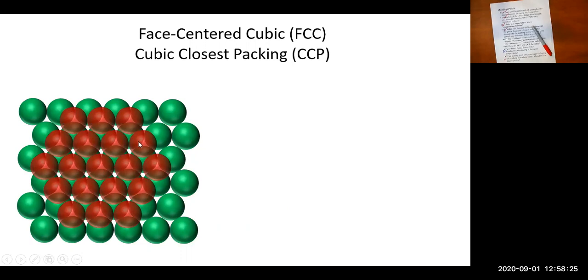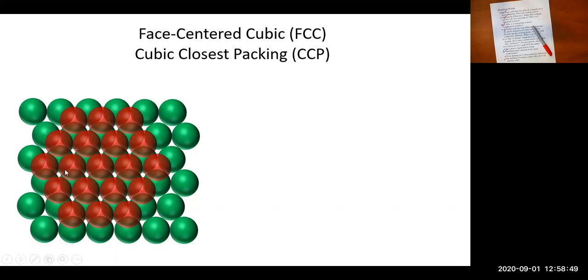But you can't fill all of them. You notice that this hole in the green layer is covered, this hole in the green layer is not. Right? Which means that what we've shown so far is that this space-centered qubit arrangement, when you turn it on its corner and look